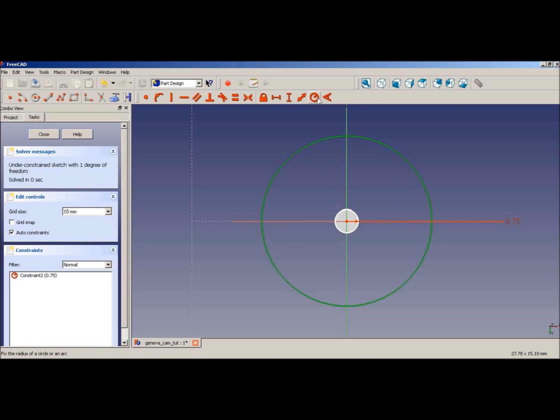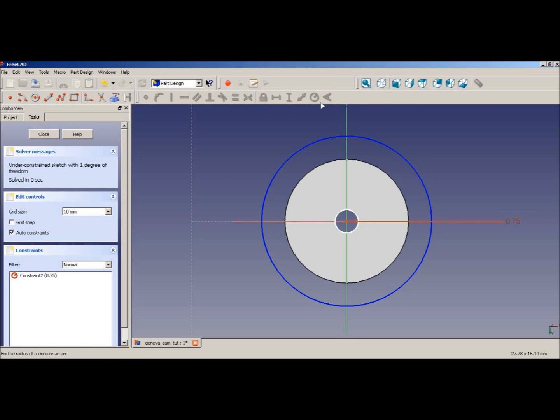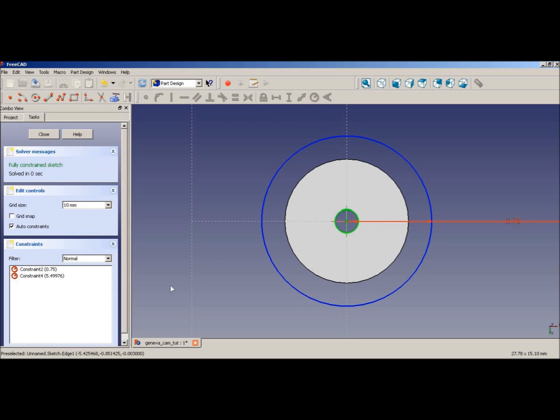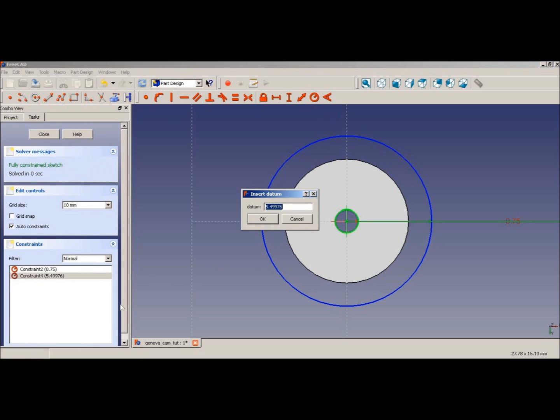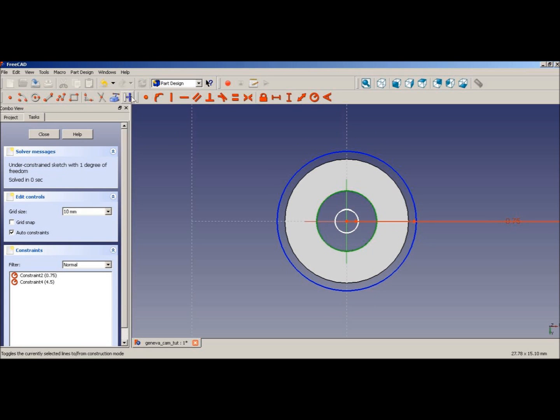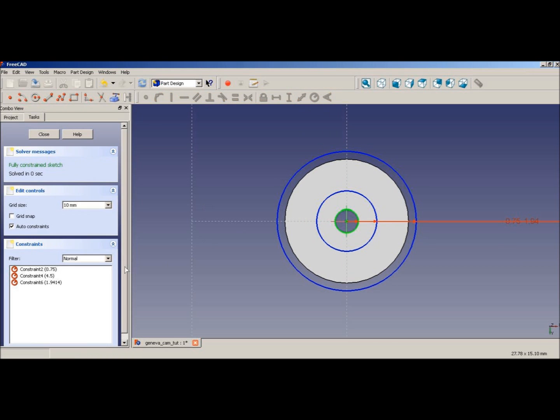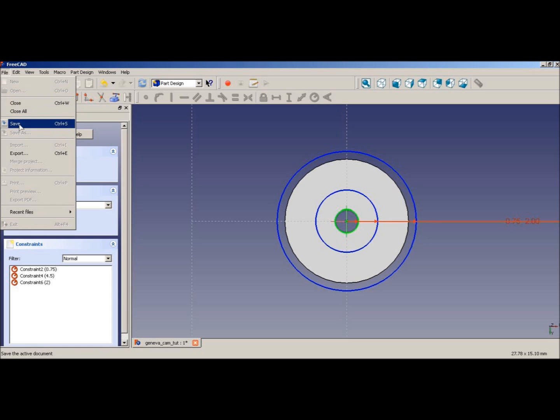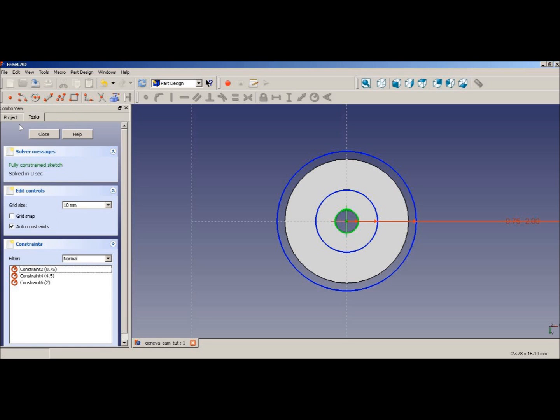So we'll create a construction circle out here, and we'll give it a constraint of 4.5 millimeters, and we'll make another construction circle, and that one will have a 2 millimeter constraint for a radius, and then save it. It fully constrains,